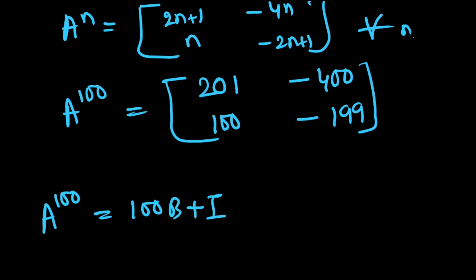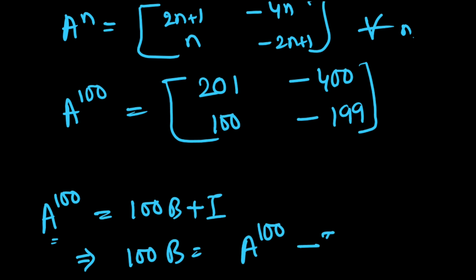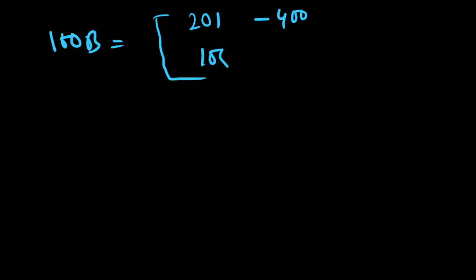This implies 100B is equal to A power 100 minus the identity matrix. Therefore 100B is equal to [201, -400; 100, -199] minus the 2 by 2 identity matrix,